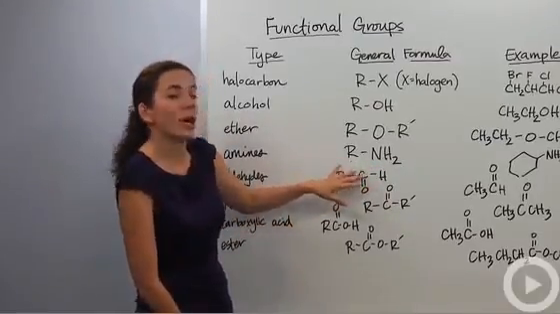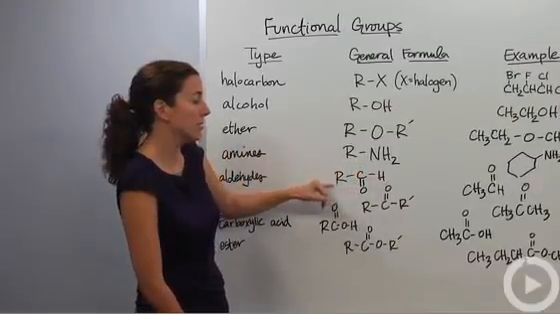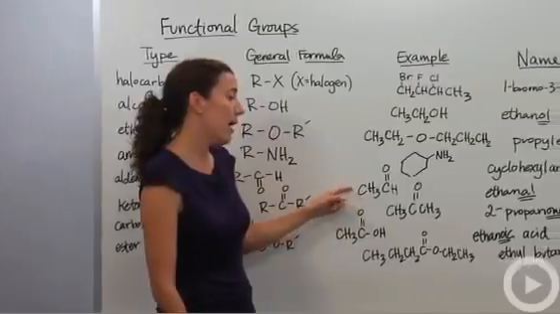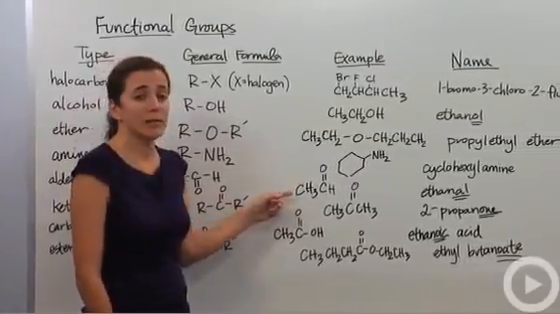So this will always occur at the very end of the chain. We only have one side that has a parent group. Here's an example right here of an aldehyde. This is called ethanal